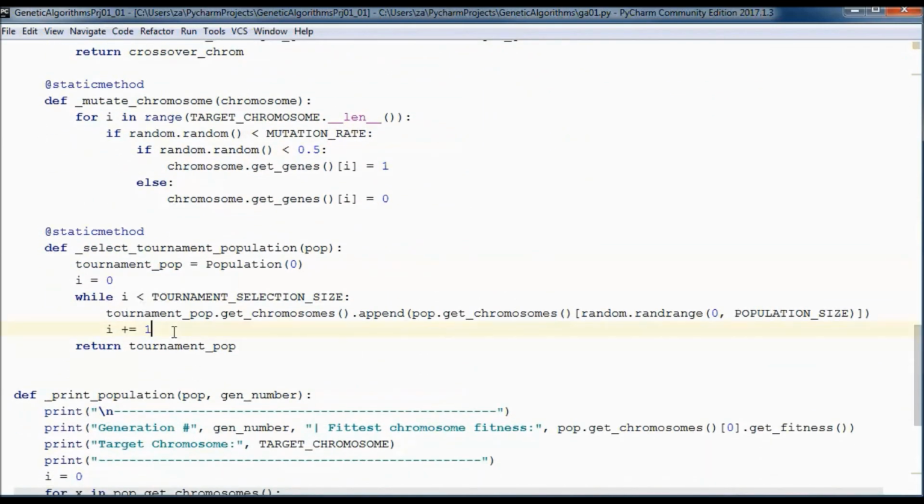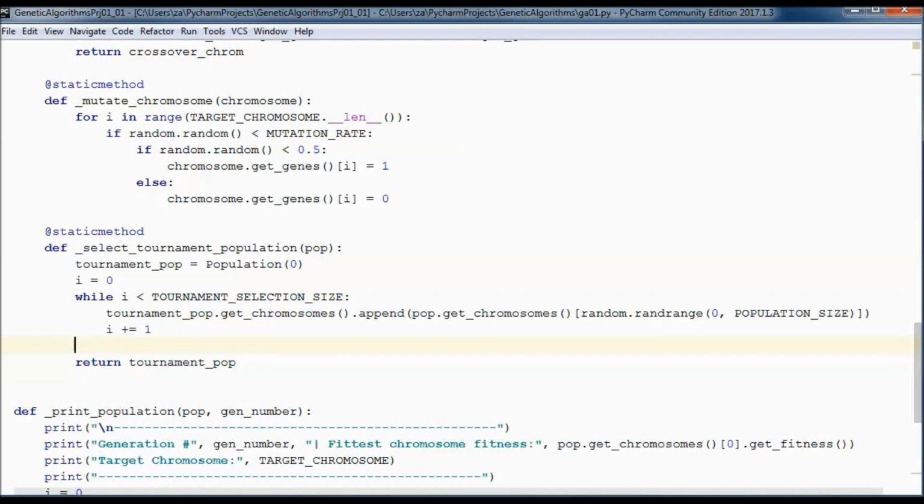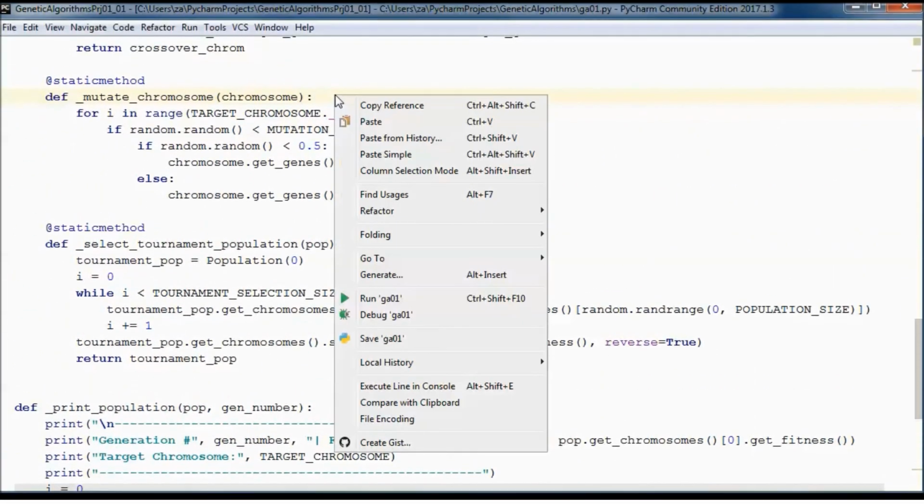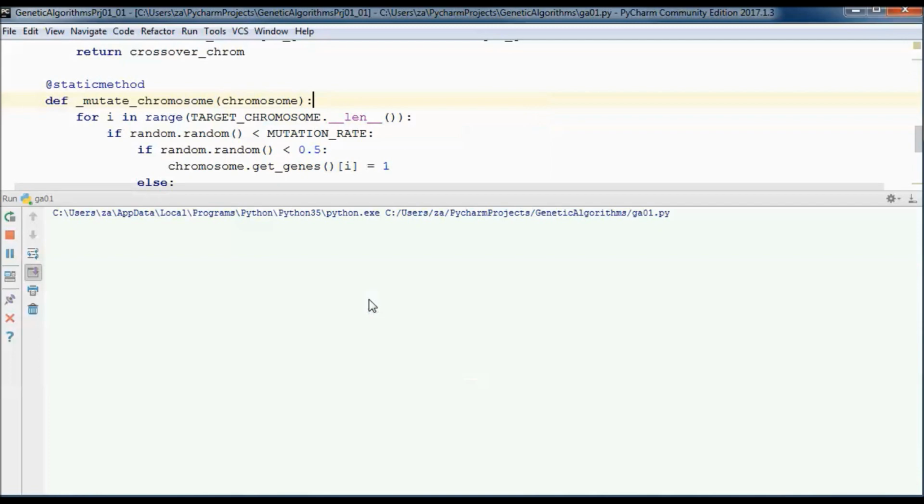But before returning that population, we sort it by fitness, and the one with the highest fitness will be on top. Finally, let's go ahead and test run the application.